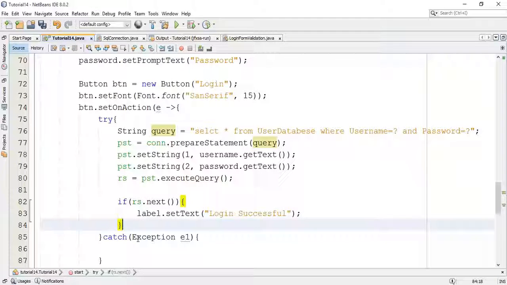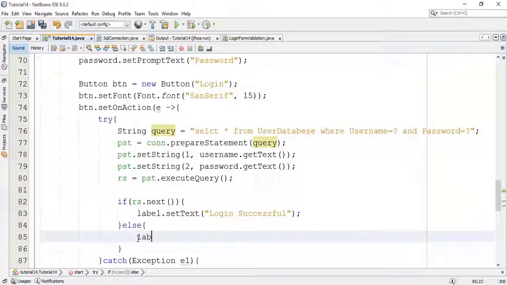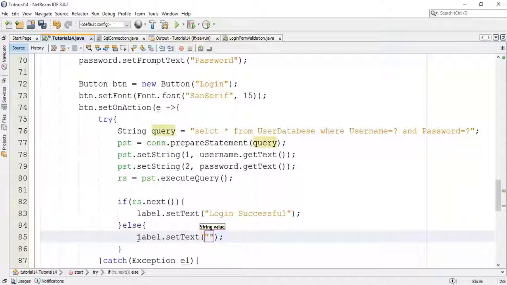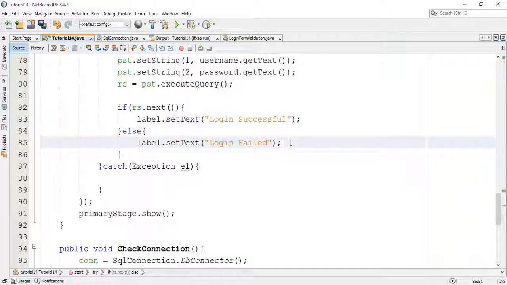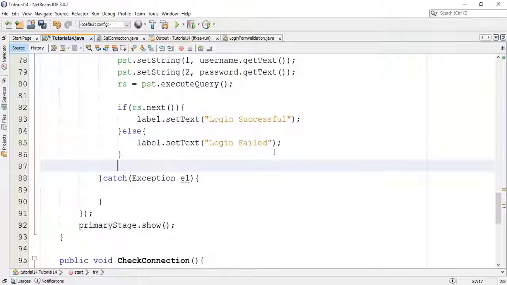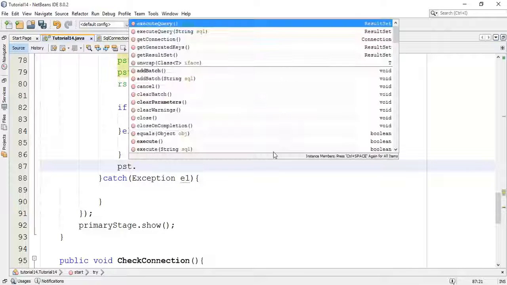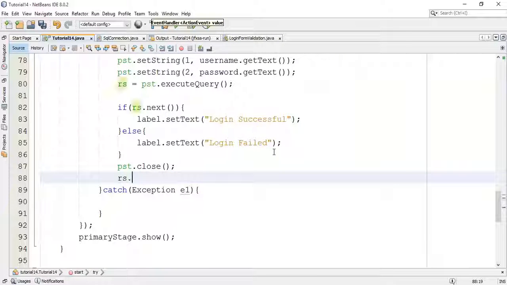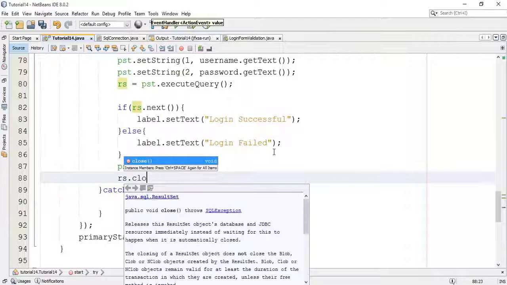Next, else if username and password is wrong, then we are going to print label dot set text, login failed. Now next I'm going to close the connection. So pst dot close and rs dot close.